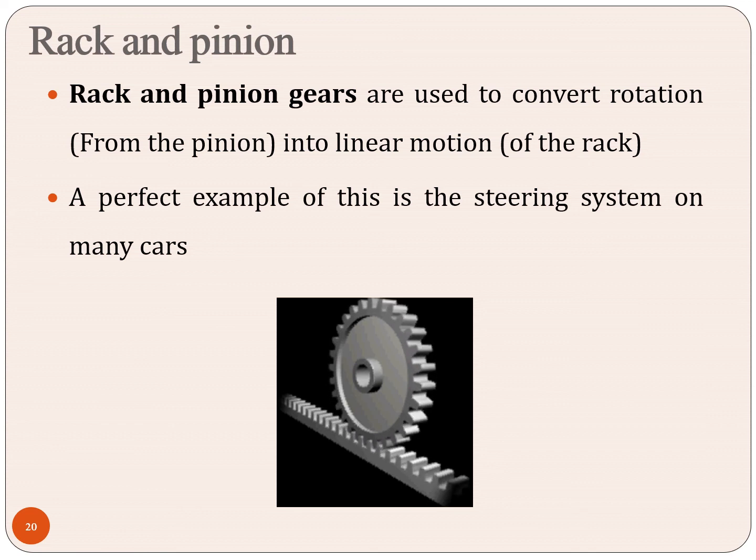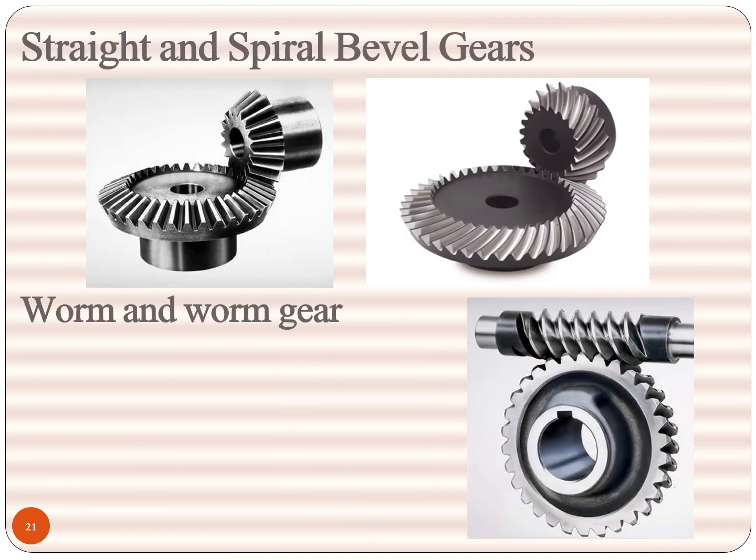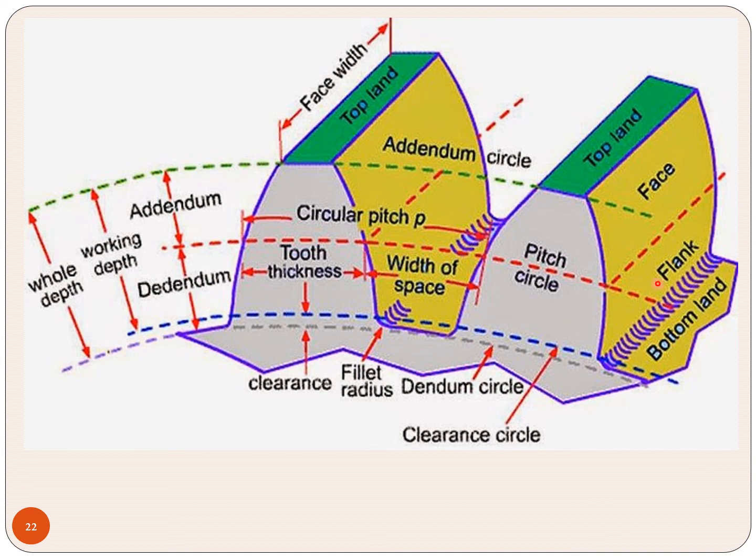Look at this animation. The steering system in cars. Okay. This is a straight and bevel gear for power transmission through 90 degrees. This is the terminology of spur gear. So with this I will stop and we will go to the